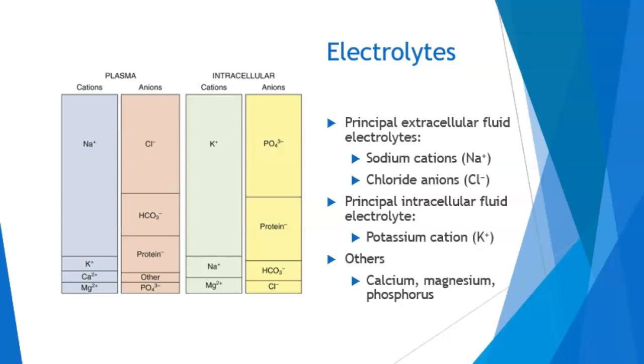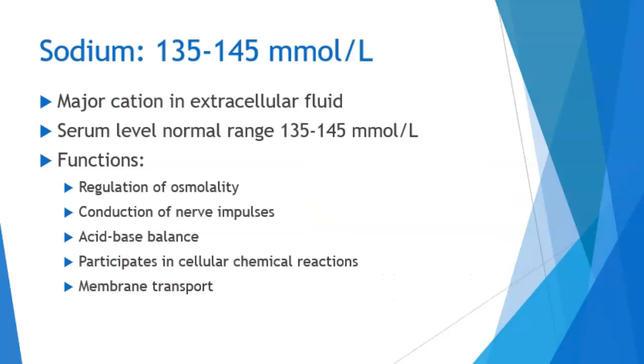So we can alter all of the electrolytes with some of these illnesses. So the first one that I want to look at is sodium. And so sodium, our normal range, 135 to 145 millimoles per liter. Like I said, it is your most abundant positively charged electrolyte outside of the cell, and the functions are to